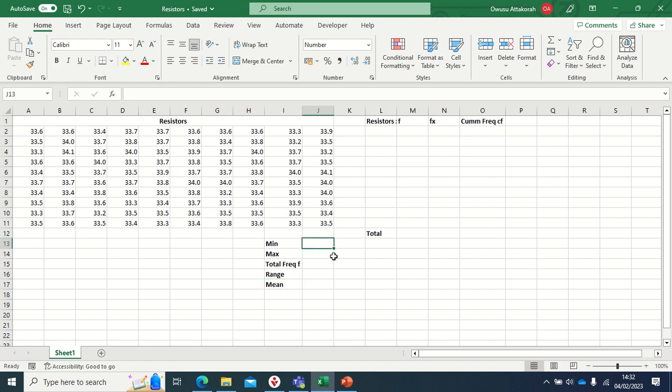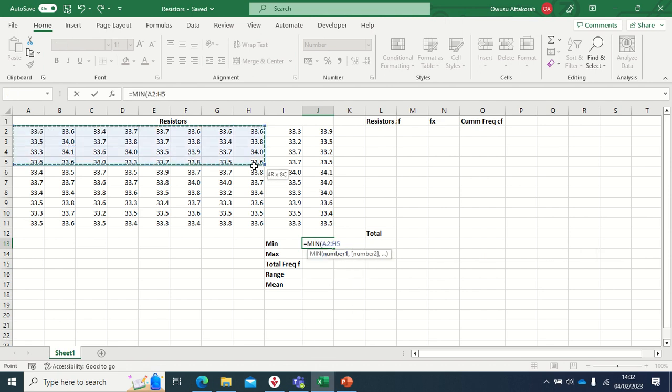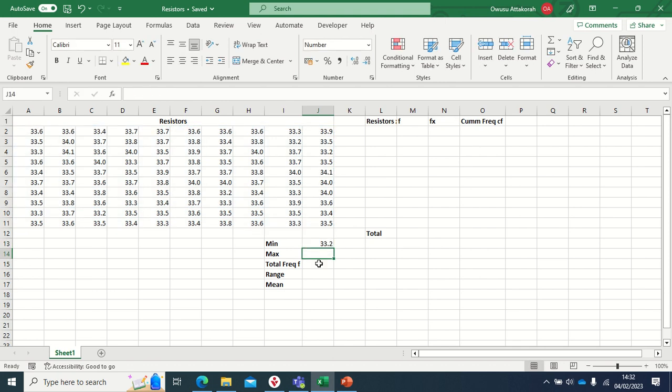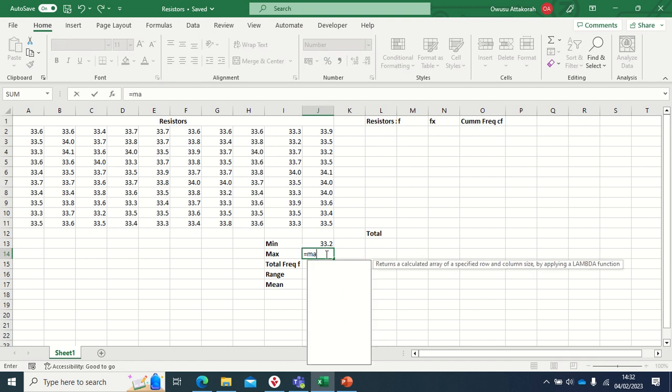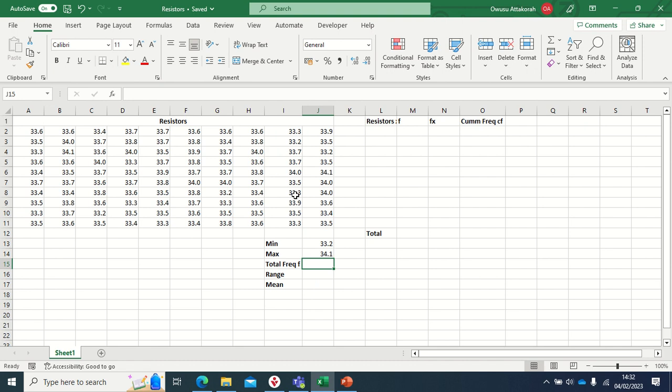So let's go. Now I will start with equal sign, and I will type min, meaning minimum, and I will select all the data, press enter, and I'll see the minimum here, which is 33.2. Then the next one is maximum, so I will just type max, which is the shortcut for maximum, and I'll double click on it and select the whole data here, press enter, and the maximum resistor is